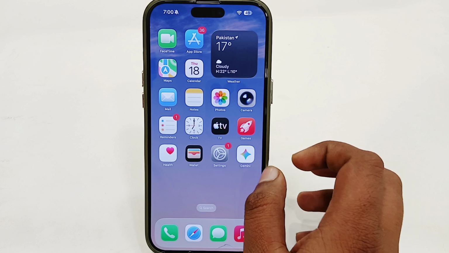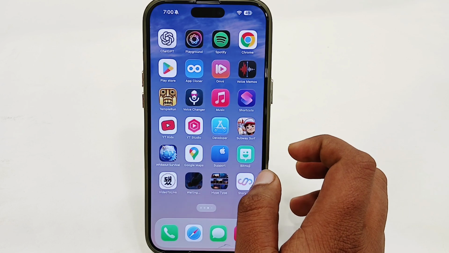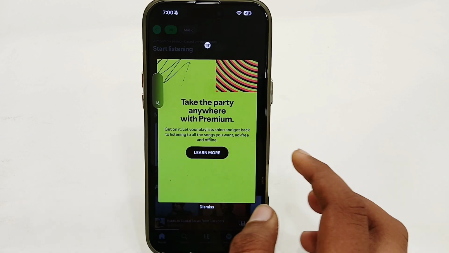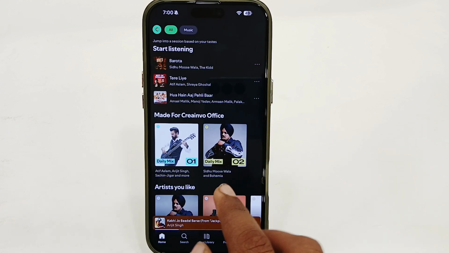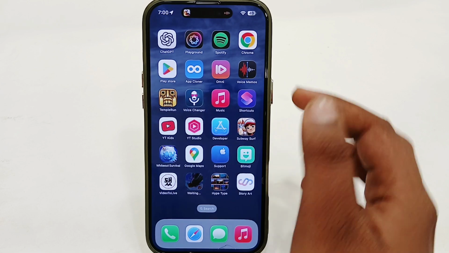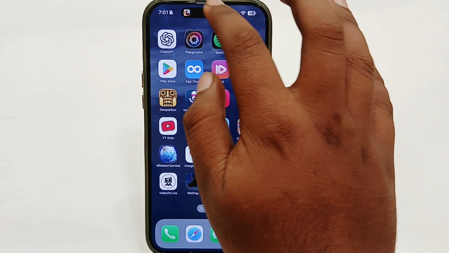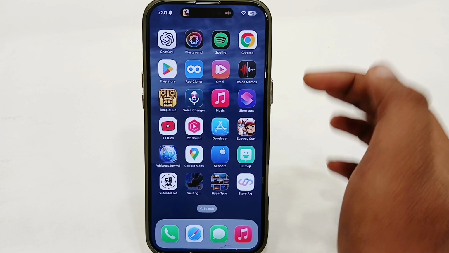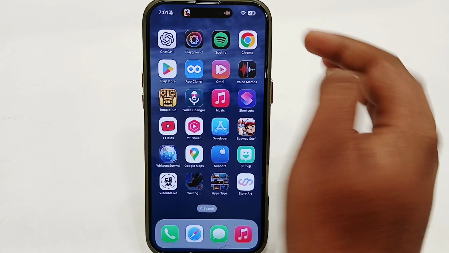So let's say, very first, I'm going to play a music app. Let's say I'm going to use the Spotify app here. Whenever you open your Spotify app and you try to play music, it will be minimized in this section. So you can go to the app directly by tapping on this center of the screen, called the Dynamic Island area,